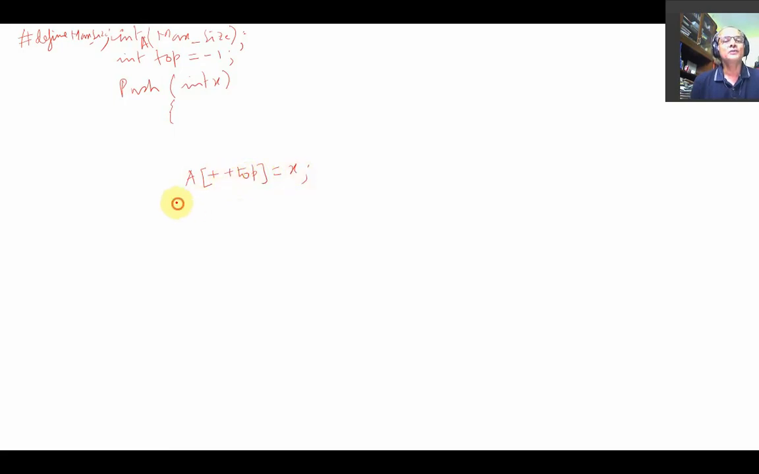Now you see, what is the drawback here? If the stack is full, then the element x cannot be inserted, so it will give you some error. To overcome that runtime error, you should write a verification here. What should you write? If top is equal to max size